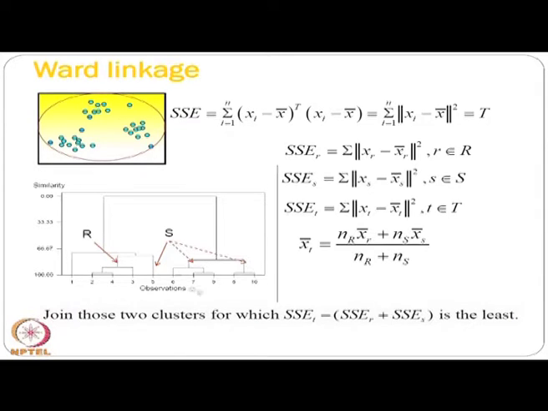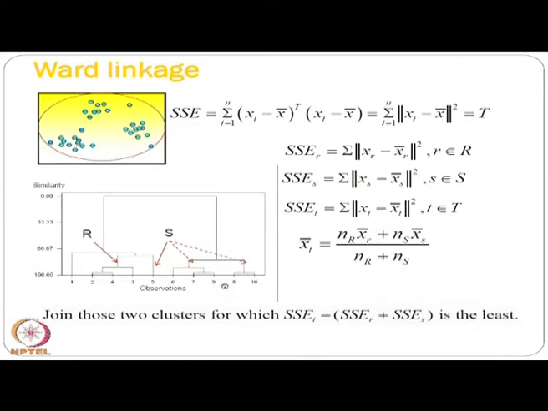So now, how does it work? The word linkage works like this. First you think that you have n clusters. So here that error quantity, that distance measure, is absolutely 0. Now, if you join any two objects into one cluster, then the cluster you formed will have a certain distance, and as a result the resultant error also will increase.